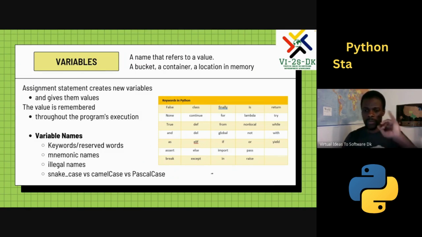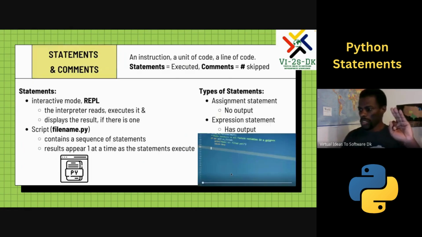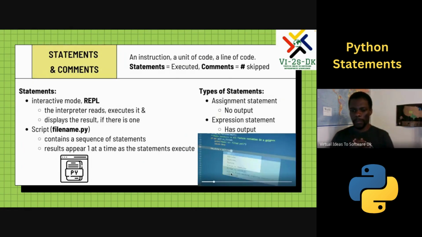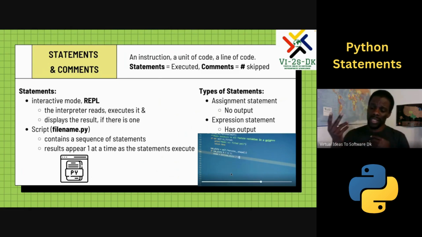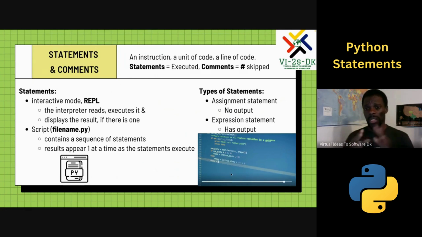So we've talked about values, we've talked about data types, we've talked about variables. Let's proceed now and talk about statements, okay? A statement is an instruction, just a line of code, right? That's pretty much a unit of code, but the statements could be executed or not executed. The statements that are executed are usually not commented out. So sometimes you want to skip a line of code if you have already gotten what you need, or for